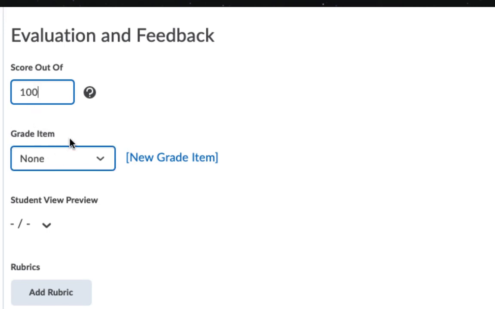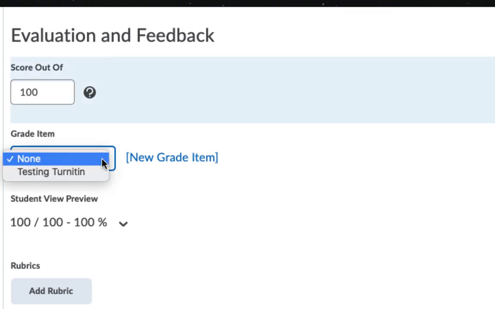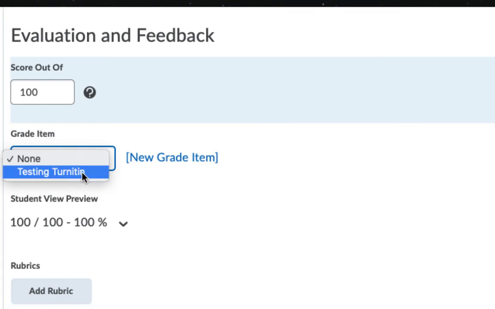My next option is grade item, and that means that when I grade my assignment, I want it to go directly into the grade book. If I click this drop-down menu, then it shows me all of the grade items that I have in my grade book. If I need to make a new grade item, I can do so by clicking on the New Grade Item button,